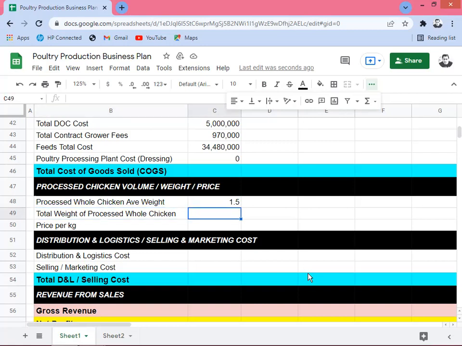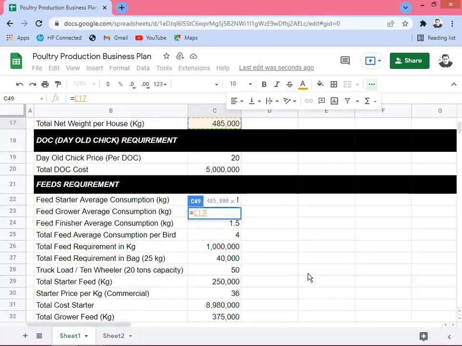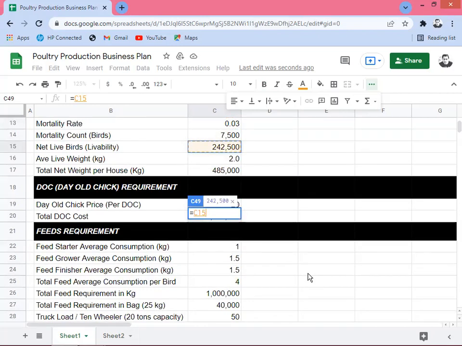Therefore, the total weight of processed whole chicken would be, I'm going to consider the net live birds that we're going to dress. And when you are processing chicken, there are always some wastage, some rejection in terms of quality, in terms of the size of birds, maybe